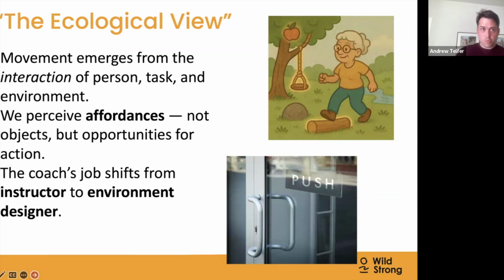So a lot of this is what's called the ecological view. And for anyone who's ever been in any of the other talks, where I talk a lot about this concept of affordances, which is associated with J.J. Gibson. And we've got that picture down there of a door. And you see there's two things going on. There's a little sign that says push, and there's a great big handle. And the handle is telling you that you want to pull. An affordance is something about the landscape or the environment around you that elicits a certain behavior or invites you to engage with the environment around you.